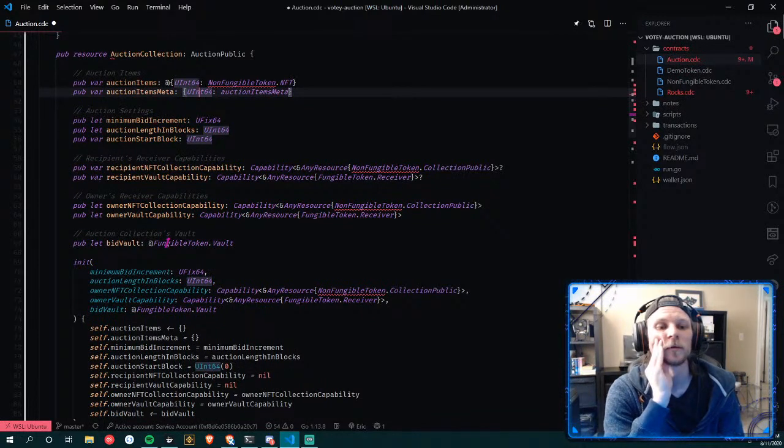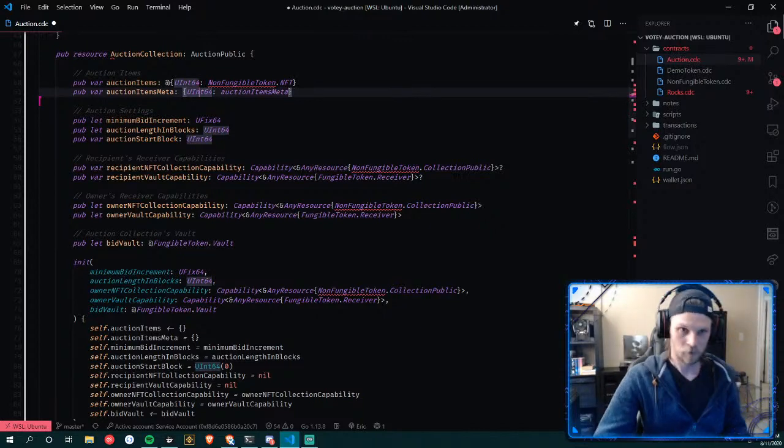I mean, what we could do here is have a new dictionary with the same ID and a bit vault. So it's a collection of bit vaults. But then we have 3 dictionaries with the same keys, with 3 different resources in it, and that kind of smells, if you ask me. Then I would rather have 1 dictionary with the ID, and that is another resource, that is the auction, and the auction then has your auction metadata now. But we can flesh that out later.